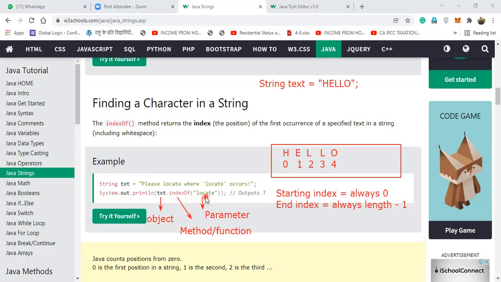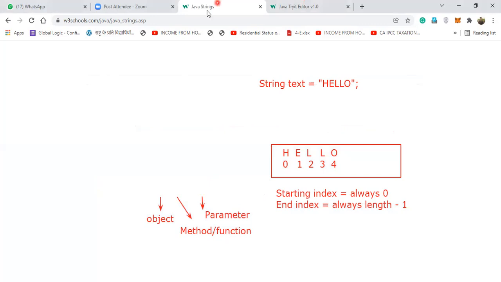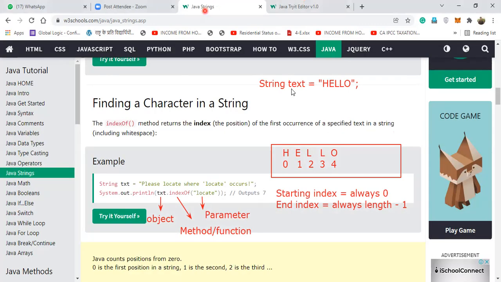I'll come on for this example. I'll just check it out. Just wait. Yeah. So if I do this, clear. And I'll come here.